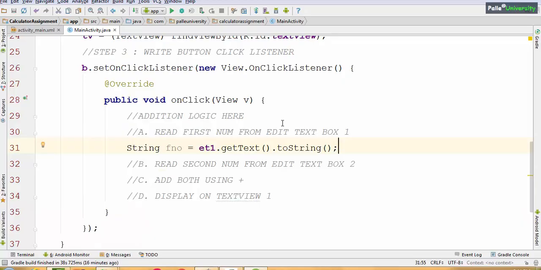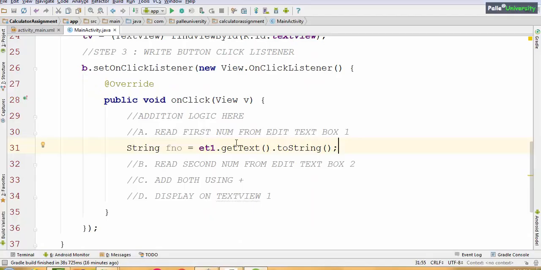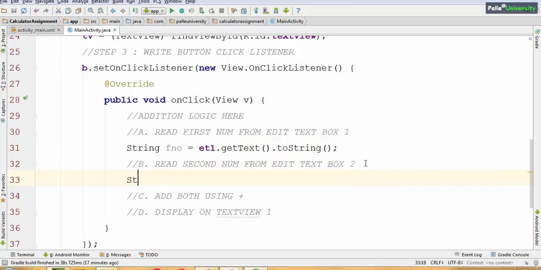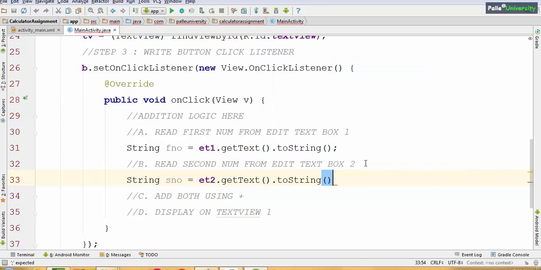That means whatever the user has entered in the first edit text box, that value will come in string format into the fnumber variable. Similarly, String snumber means second number, read the edit text 2 value: et2.getText().toString().